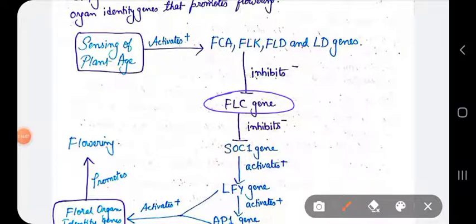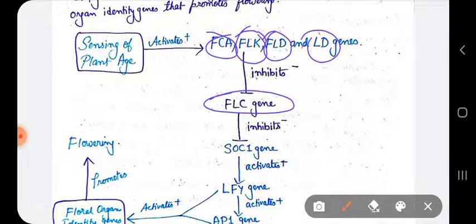Here we see that this same flowering locus C gene is going to be inhibited by the FCA, flowering control locus A, flowering control locus K, flowering locus D, and the luminidependence gene, right? And due to the inhibition of this FLC gene, the SOC1 gene is going to be activated,